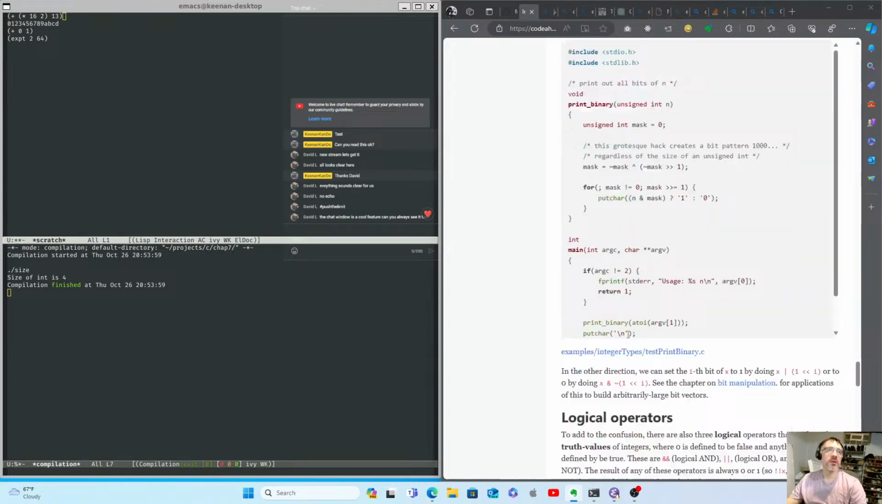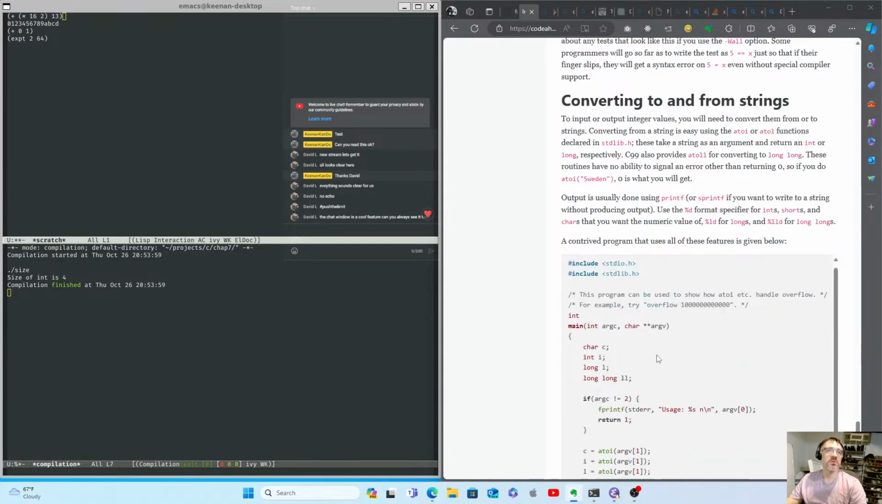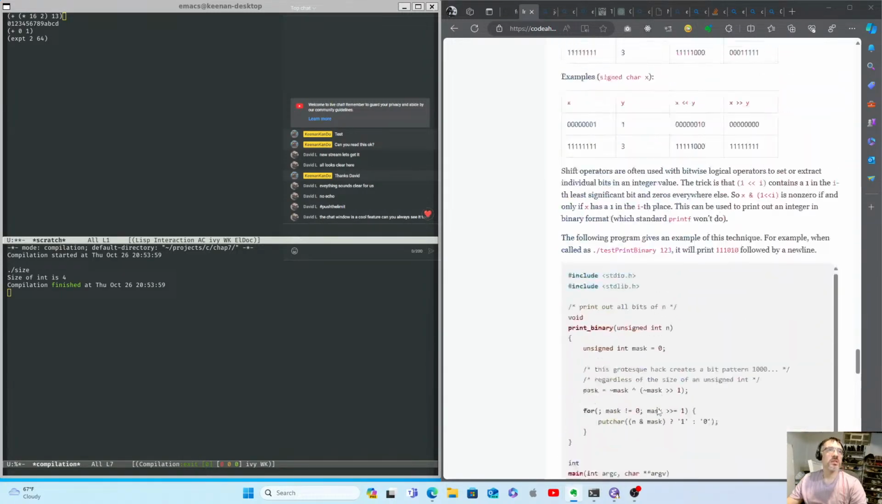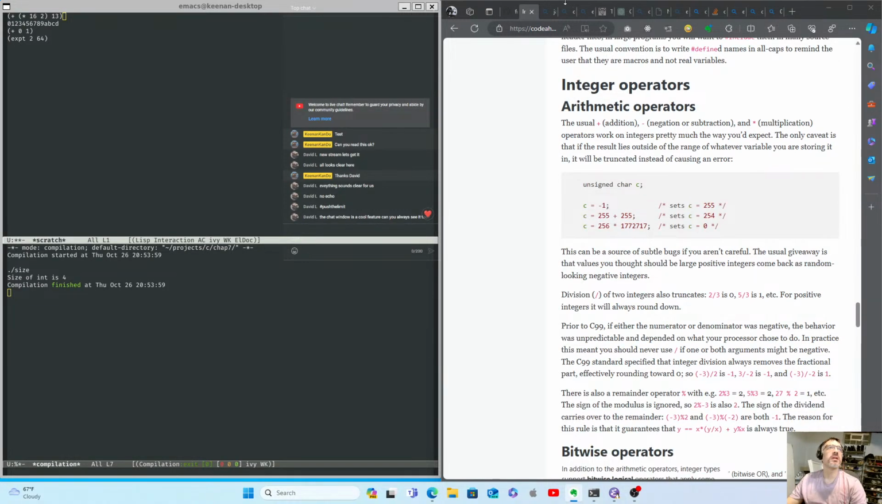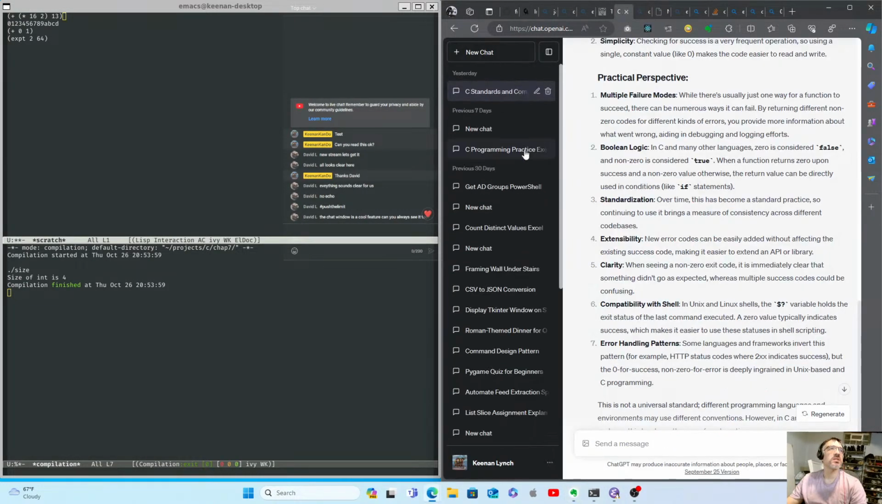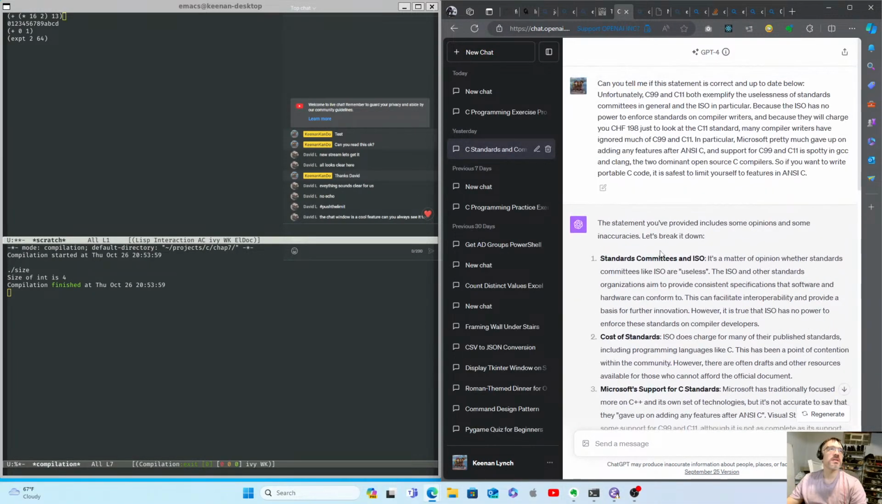So now we're in operators, logical operators, relational, converting to and from strings. Okay, so I did do a couple exercises up to this point. Let's see. So I had ChatGPT actually. What I did is I asked ChatGPT. So what I did, this is what I did. I said,